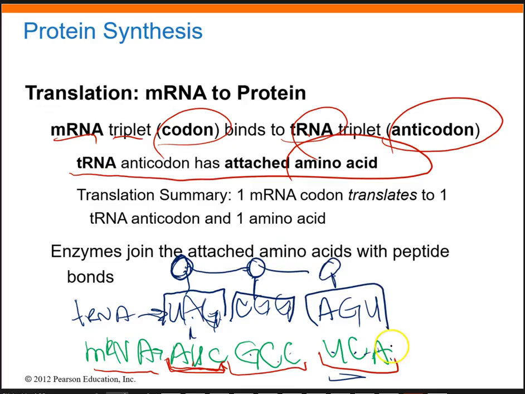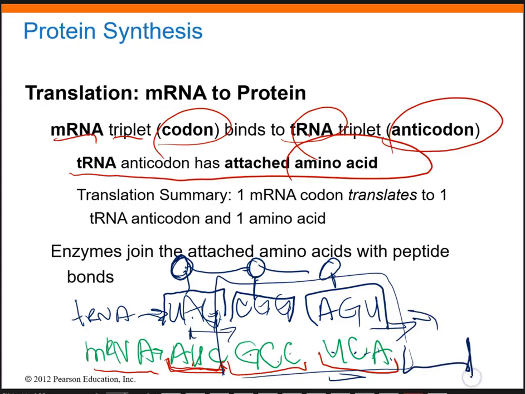So as we'll see the ribosome, as the ribosome reads this and it moves down and down and down, it's going to read the next codon, and then an anticodon that matches brings an amino acid. And then it'll go to the next codon, find the matching anticodon, and then bring in another amino acid. And it just goes down the whole strand of mRNA, codon by codon by codon,